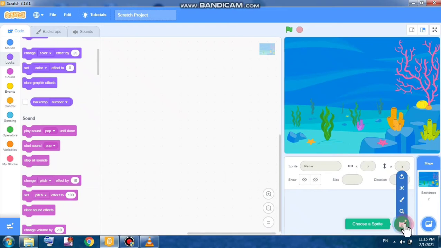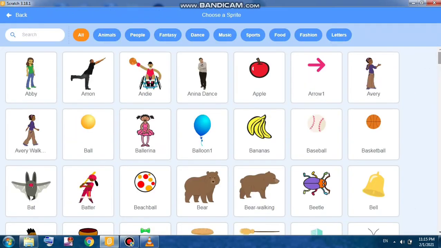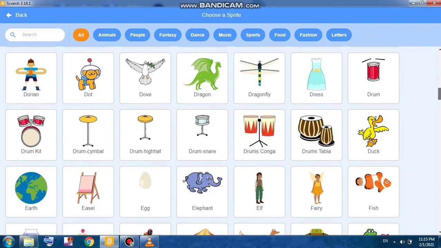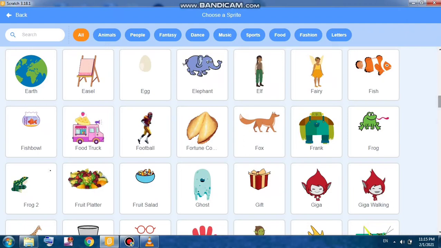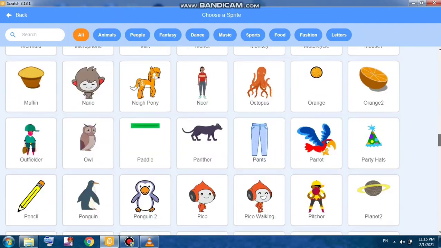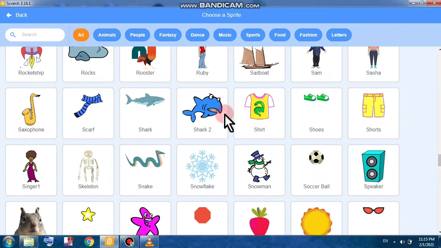We will be taking a few characters, like fishes or crabs, whatever we find in the water, or a frog, or people who dive in the water, divers. We can take that also. I will just take this shark.